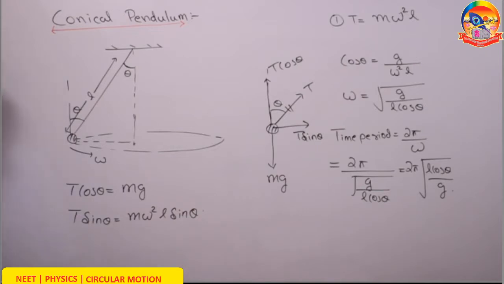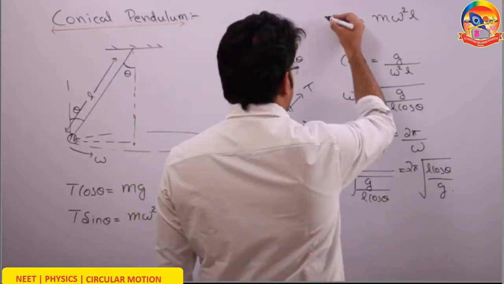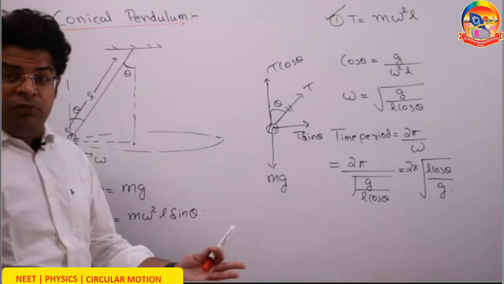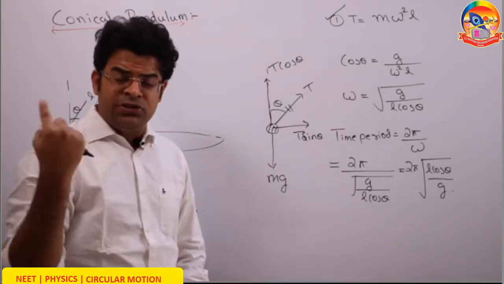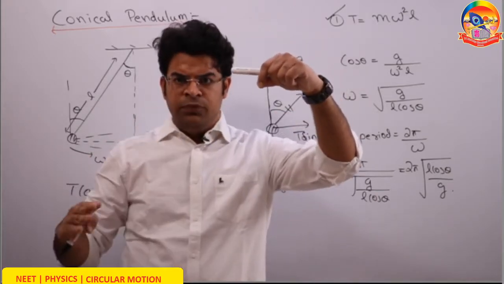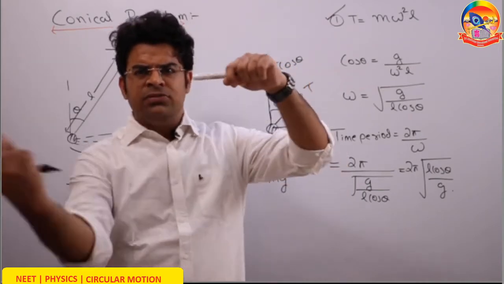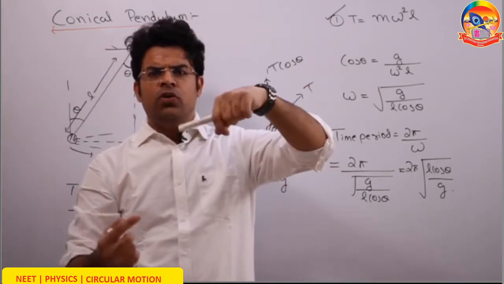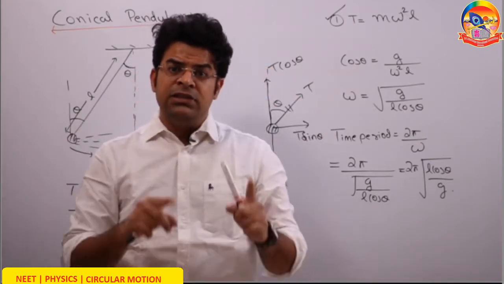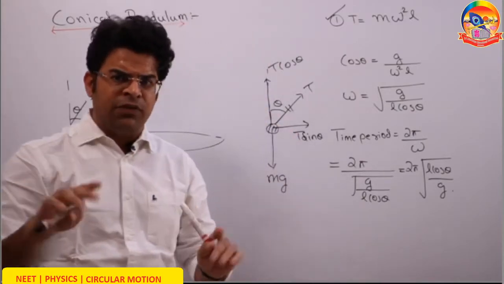First thing that can be asked, you can cancel out this sin theta and sin theta, and the tension in this string comes out to be simply m omega square L, which is not very obvious. The tension in this string is independent of the angle made by the conical pendulum with the vertical. So if I have a string, I have a bob, I move it faster, it will become more and more horizontal. I move it slower, it will be less and less horizontal. But the tension in the string has nothing to do with the angle of inclination. It depends upon omega. That's a different thing.